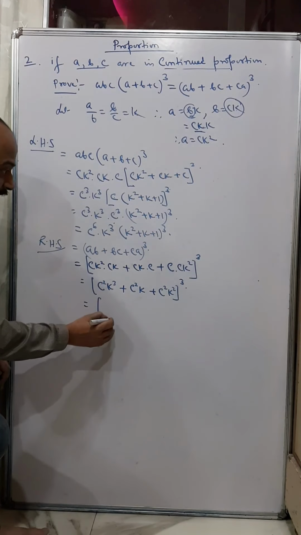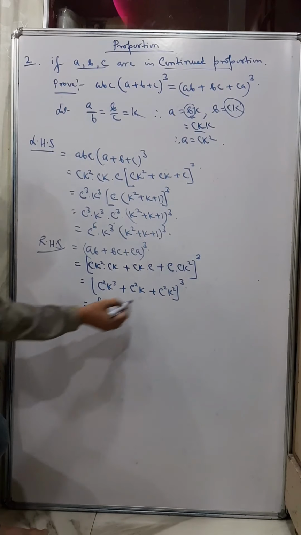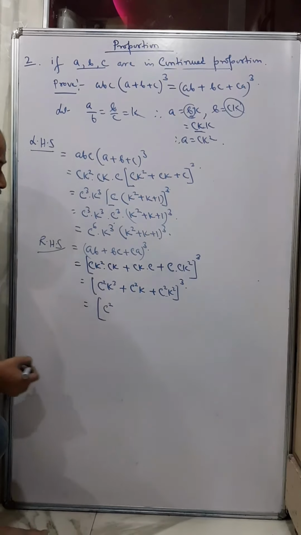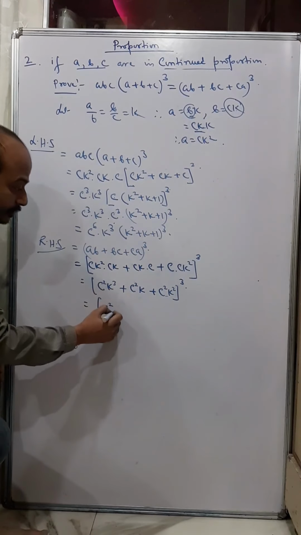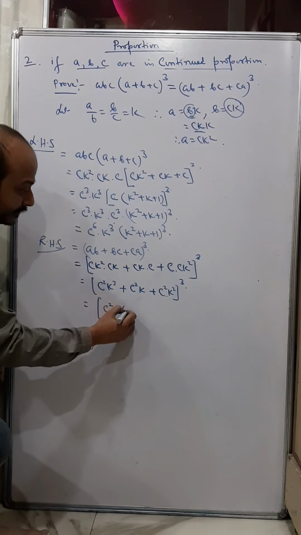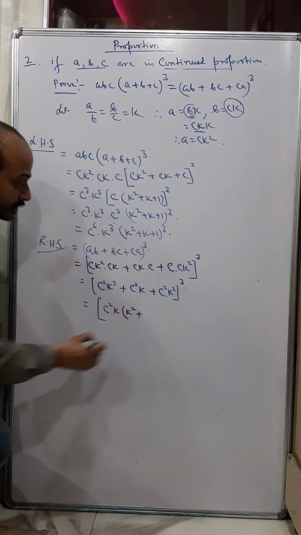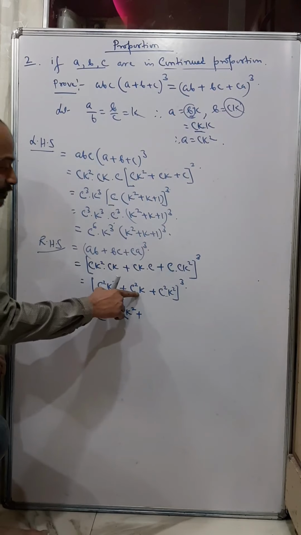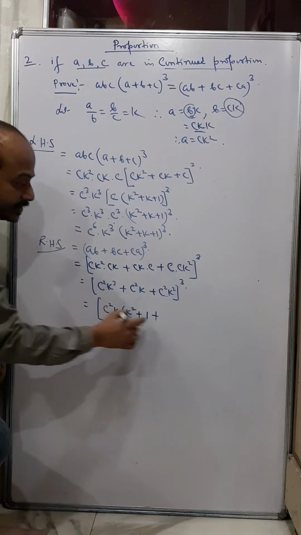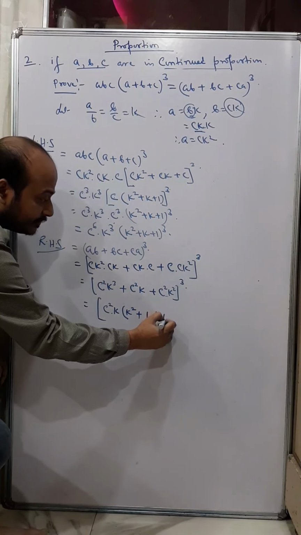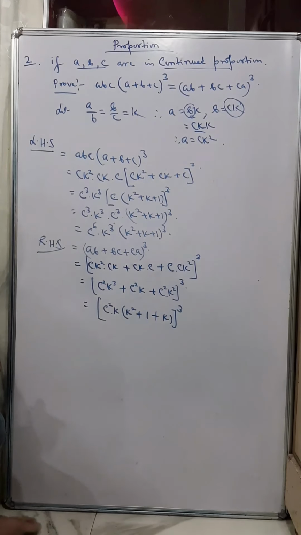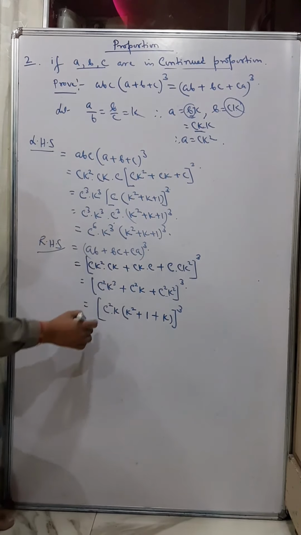So finally what I get? Now from this inside you can see we can take a C square common and a K common. So when I take C square and K common, here I am left with what? K square. C square K here means, so it's 1, and C square K square, its outside is C square K, so I get what? What is left here? K. And finally I get whole cube. So you can understand I'm getting it.